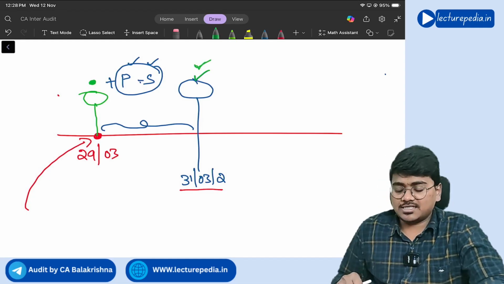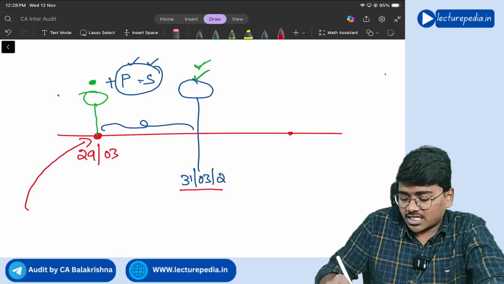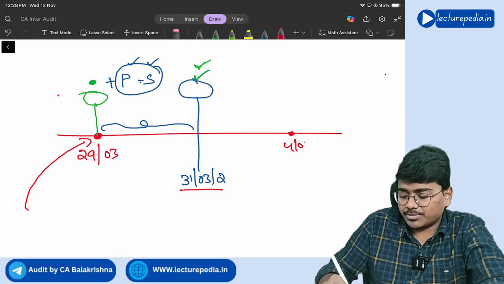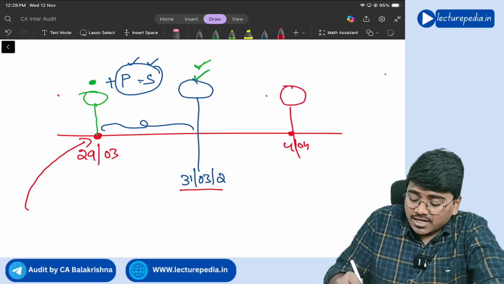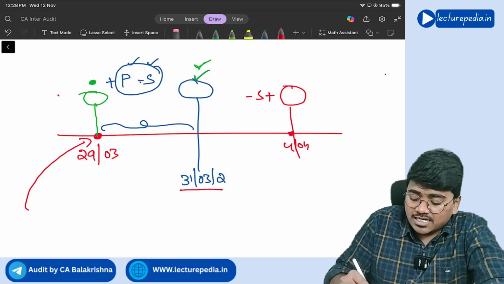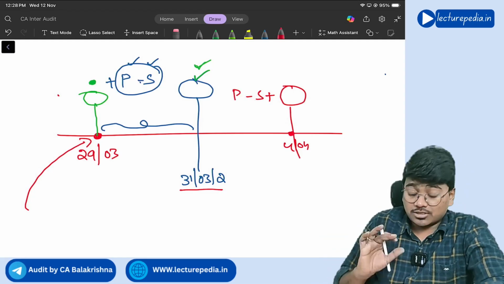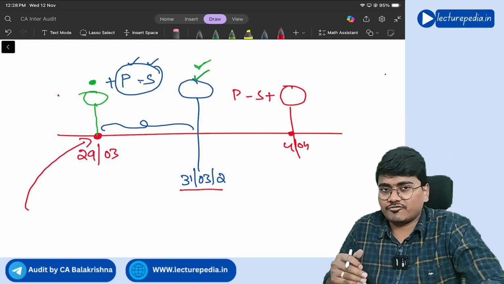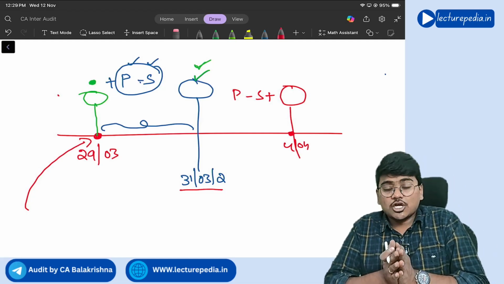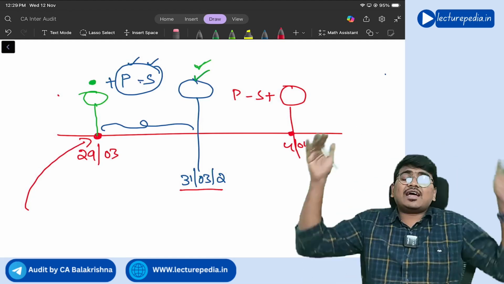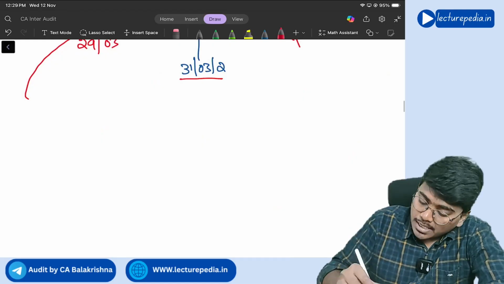Understanding? Yes. Similarly, if the entity has conducted physical inventory verification after 31st March, on 4th April or some other day, what will he do for this inventory? He will add sales and reduce purchases. Correct or not? Yes. So this is the first special situation where the entity has conducted physical verification of inventory on a date other than 31st March. Got it? Yes. Next situation,